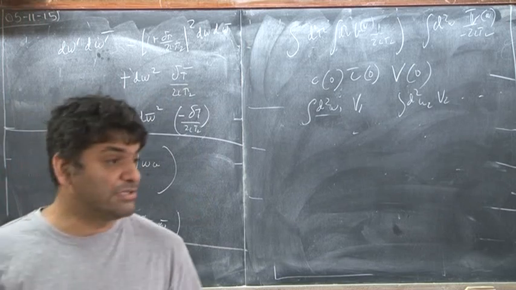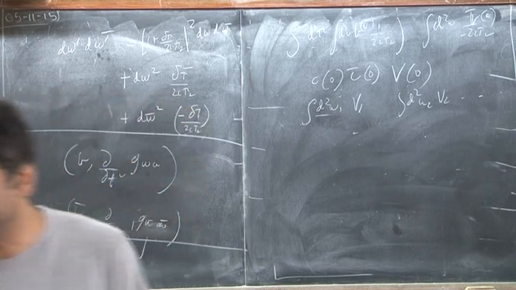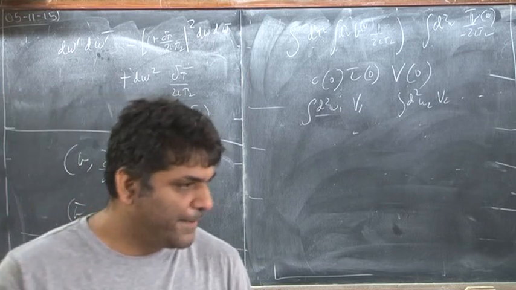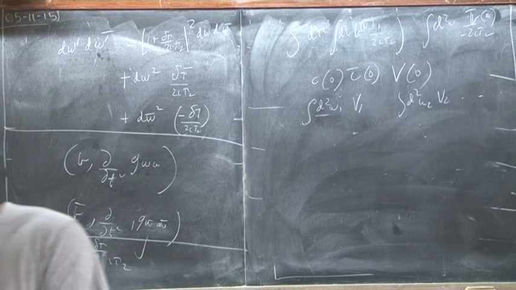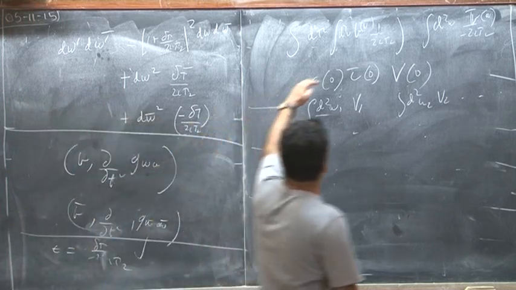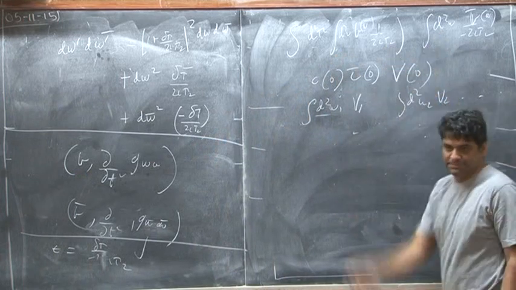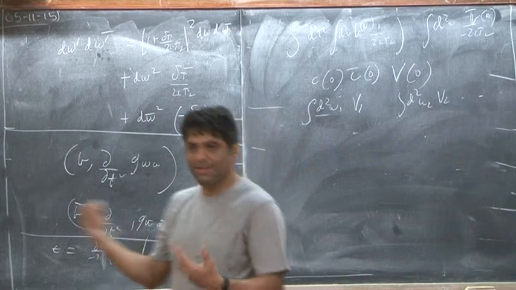But factors of tau 2 are very important because they give you the measure on moduli space for the integration over the modulus. So the things that we have to keep careful track of here are the factors of tau 2. Everything else is overall, and we'll